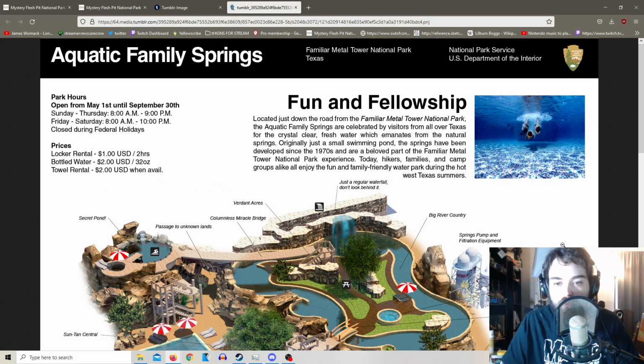Located just down the road from the familiar Metal Tower National Park, the aquatic family springs are celebrated by visitors all over Texas for the crystal clear fresh water which emanates from the natural springs. Originally just a swimming pond, springs have been developed since the 1970s and are a beloved part of the familiar Metal Tower National Park experience. Today, hikers, families,